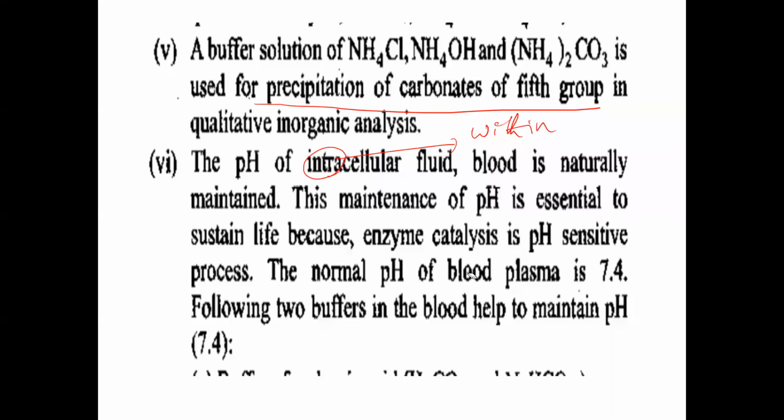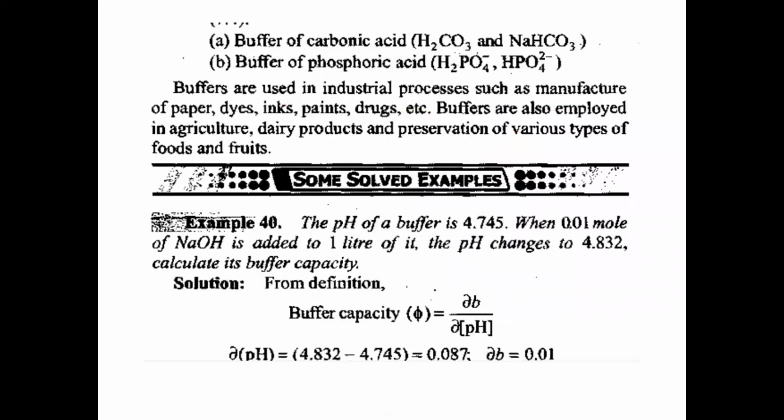In the blood, the solid part is what? Blood cells. The liquid part is what? Plasma. So the blood plasma has a pH of what? 7.4, basic in nature. So constant pH will be maintained for every fluid in our body, and every enzyme will act properly at a given particular pH value only. Is the concept clear? So we have to understand this point.